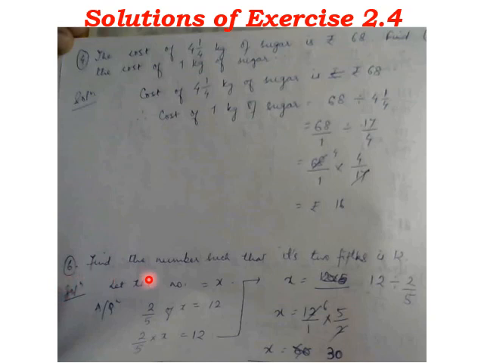Question number 6. Find a number such that its 2/5 is 12. Since I started the chapters, everywhere I am telling you to assume the unknown number as x. But till now you have not learned the practice of writing proper sentences with assuming. Simply you divide and want to get the answer without framing an equation. I always insist on framing an equation, because as soon as you frame the equation, the solution becomes very easy.